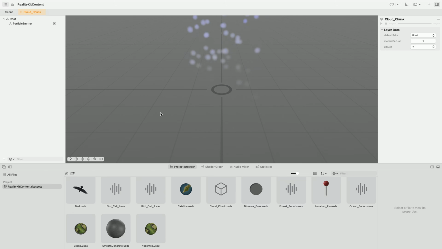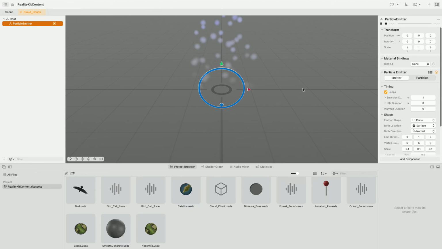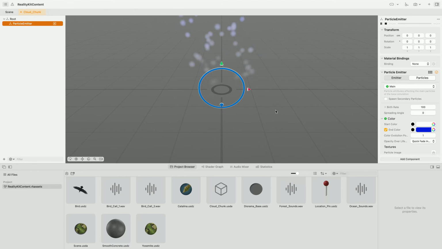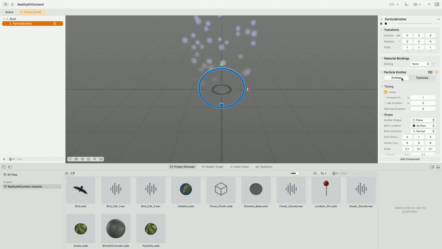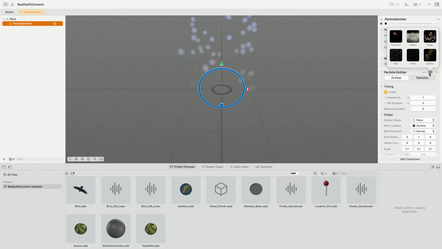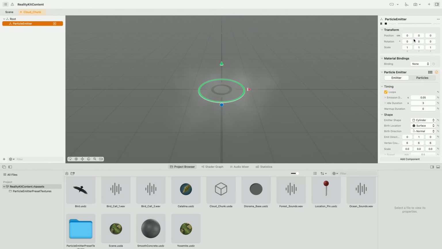Now, the particle emitter component has 2 sections, particles and emitters. In the particle section, we control the appearance of the individual particles. In the emitter section, we control how the particles come out of the origin location. There are also some presets for us to build on top of, so we don't have to start from scratch. The cloud is closest to the impact preset, so let's select the impact preset to start. My typical workflow is first focusing on the emitters tab and then moving on to the particles tab.